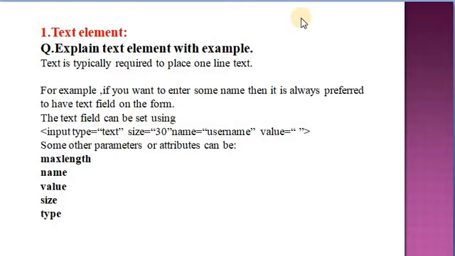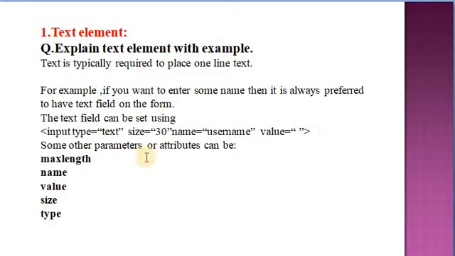Suppose, for example, you want to enter some name, then it is always preferred to have a text field on the form, and the text field can be set using input type equal to text, size equal to 30, name equal to username and value equal to blank. In value you can specify the initial text displayed in an input field.